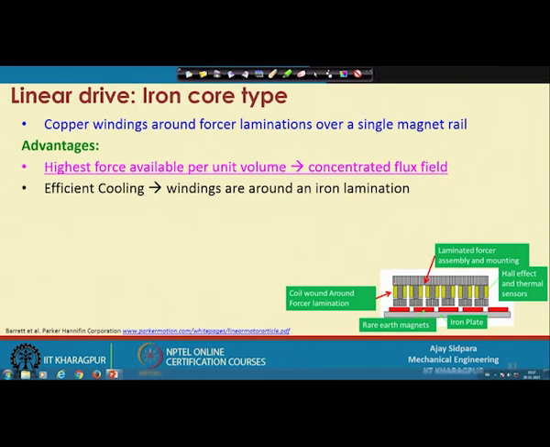What is happening is that the whole system is actually open. You can see this whole part is moving in this direction or this direction, and when it is moving, you have air circulation all around the parts. So, that is the advantage: efficient cooling is there. The temperature effect will be a little bit less compared to the other two types.